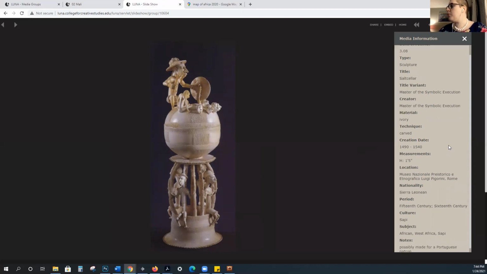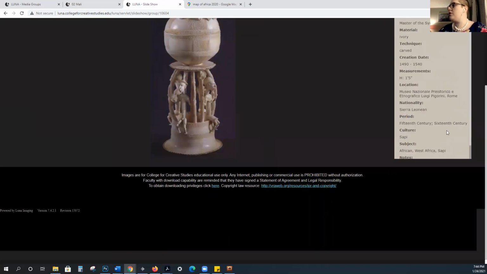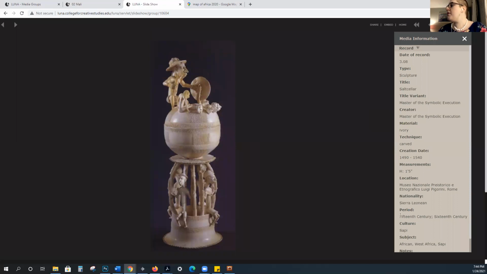So you can see a little bit more information about this work than what I'm going to tell you, but you can see that it is 15th to 16th century, so it's 1490 to 1540. So this is one of the older works that we will be looking at in this class. And we're going to be looking at a few of these objects, and these are called salt cellars because this